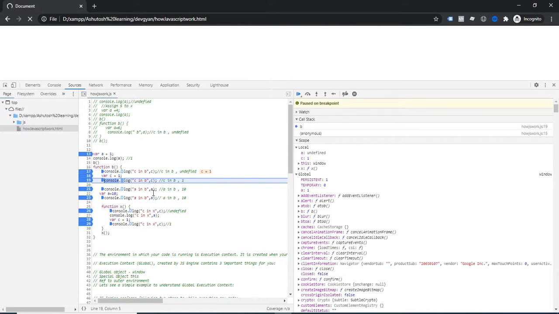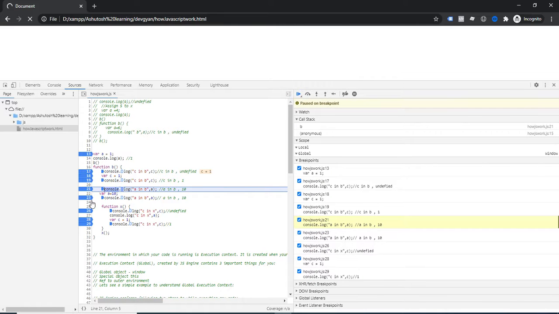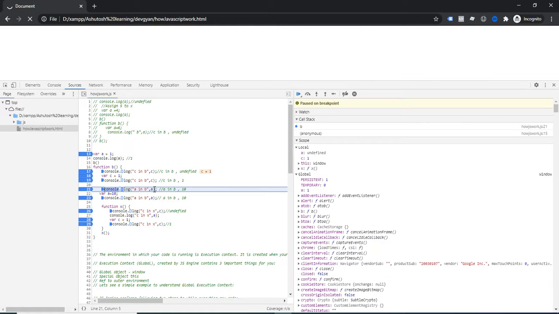Now again I am resuming the script execution, and at line number 21 the value of a is still not executed, right? So again I am executing. Now you can notice the a value is changed from undefined to 10 because line number 22 is executed.